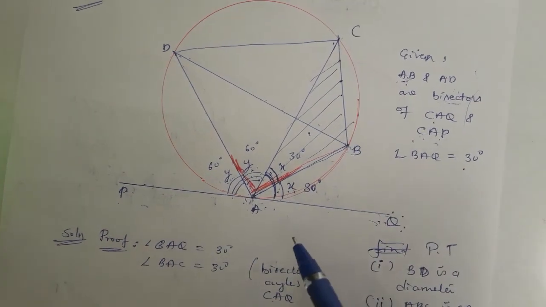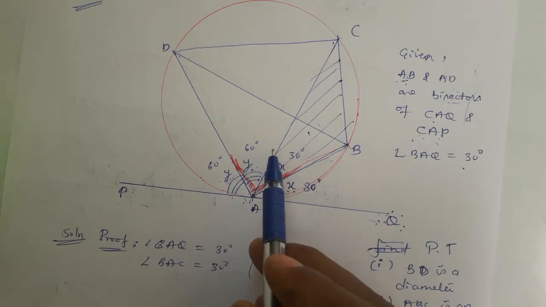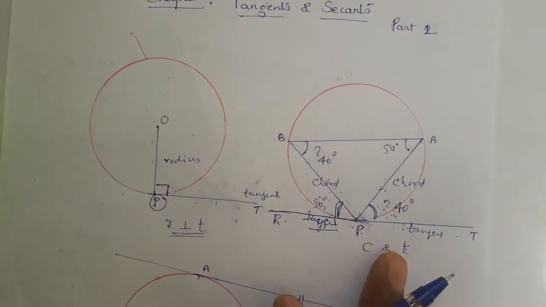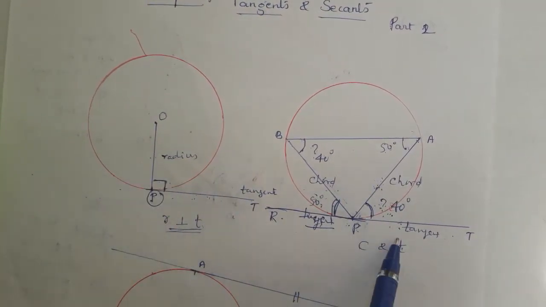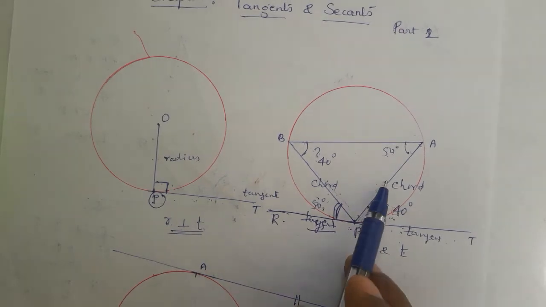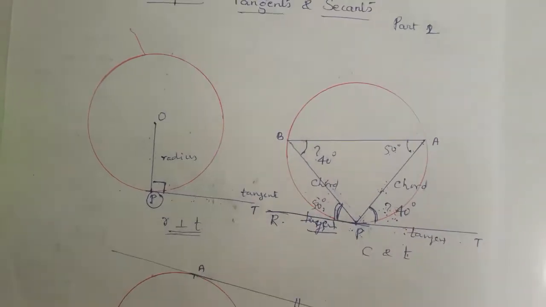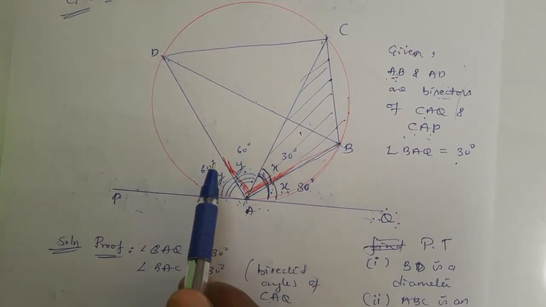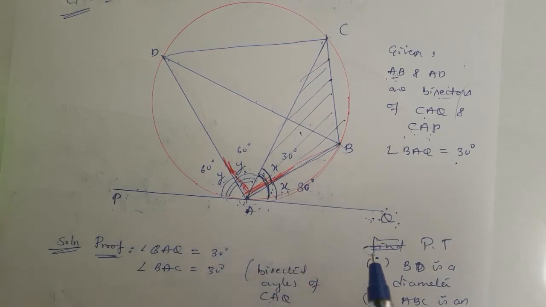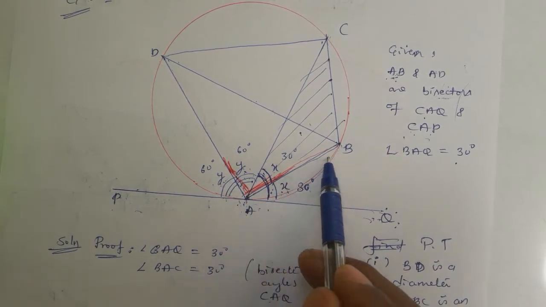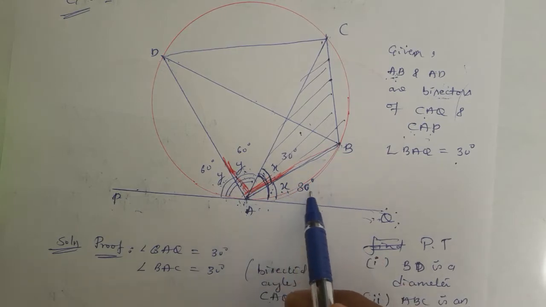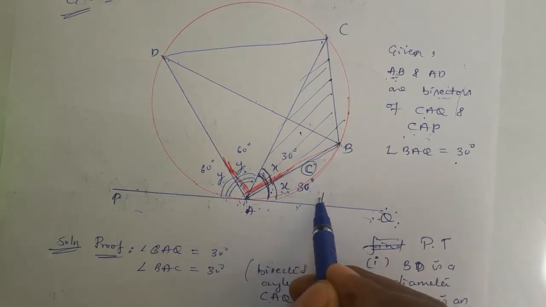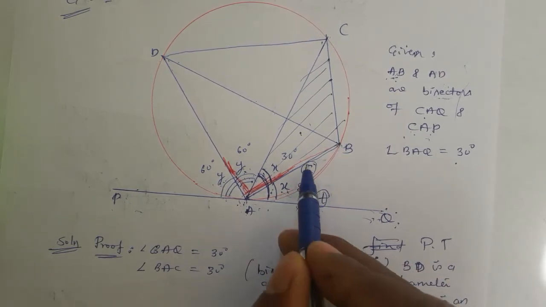Let us use one of the theorems, that is, in this problem, radius and tangent angle, not there, because there are two important theorems we use: radius and tangent, chord and tangent. Remember, radius and tangent meet at 90 degrees, and chord and tangent angle is equal to the alternate segment. We check in the diagram whether a radius and tangent angle is there. In this question the radius is not there, therefore we drop that theorem, but a chord and tangent angle is there, correct. Look, if AB is the chord, this 30 degree angle is called the chord and tangent angle. This is AB's chord, this is the tangent. This 30 degrees is the chord and tangent angle.